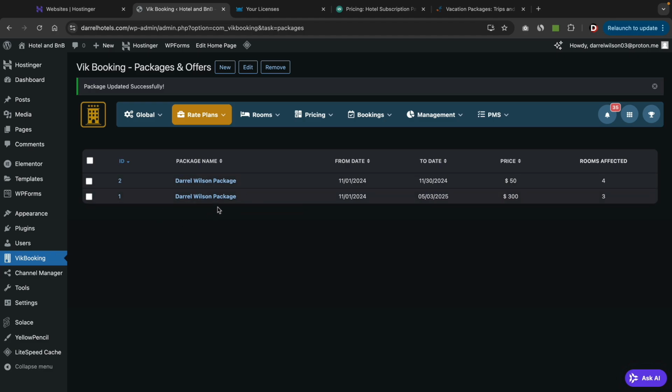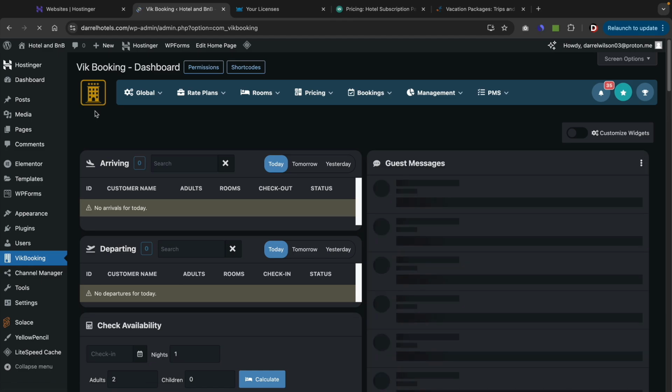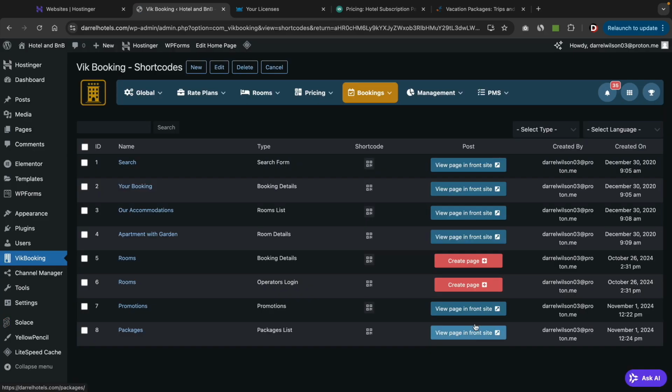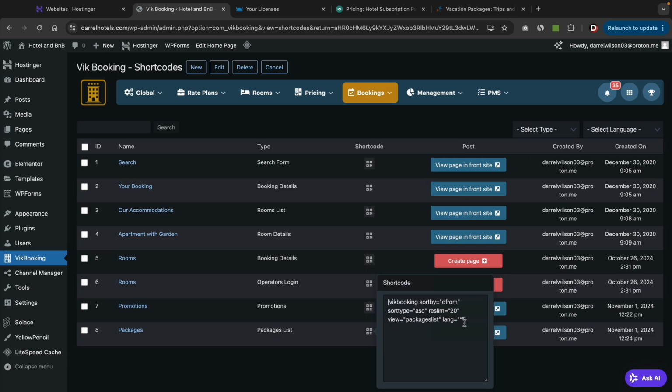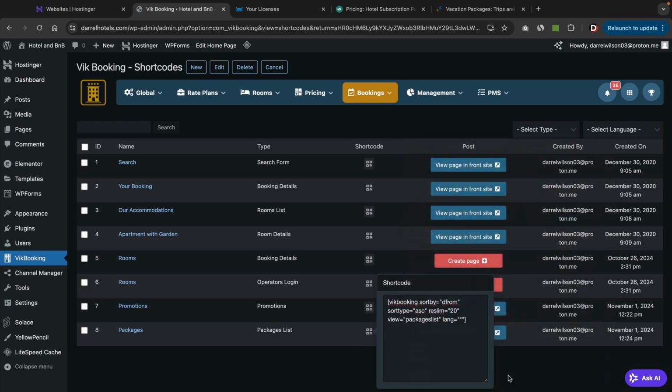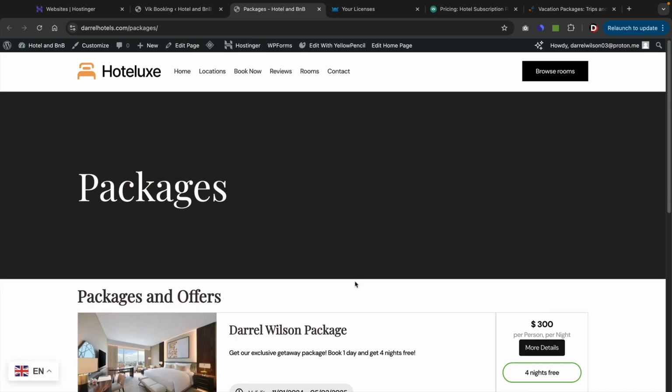But how do we get this to display on the website? Well, if we click over here to the dashboard, there is a section for short codes. So right here, you'll see short codes. When you access this page for the first time, it'll say create page. In order to access this page, you can click on view page on front side. You can also paste this shortcode anywhere you want on your website and make a custom page from scratch if you want to go that route, which I think most of you probably want to do, right? But anyways, I'll just go ahead and click on view this page,